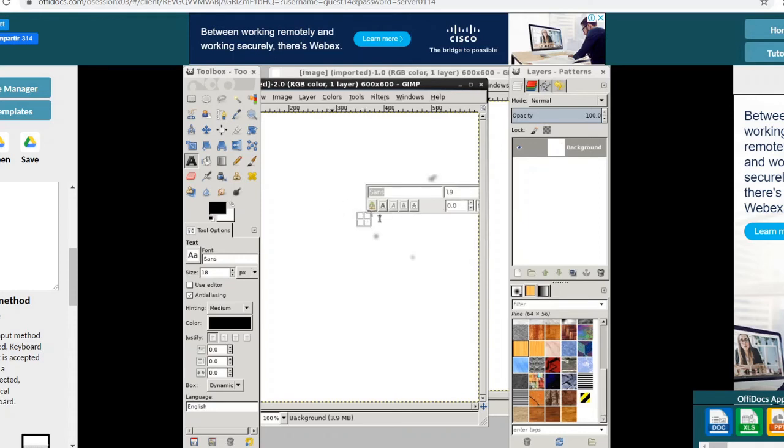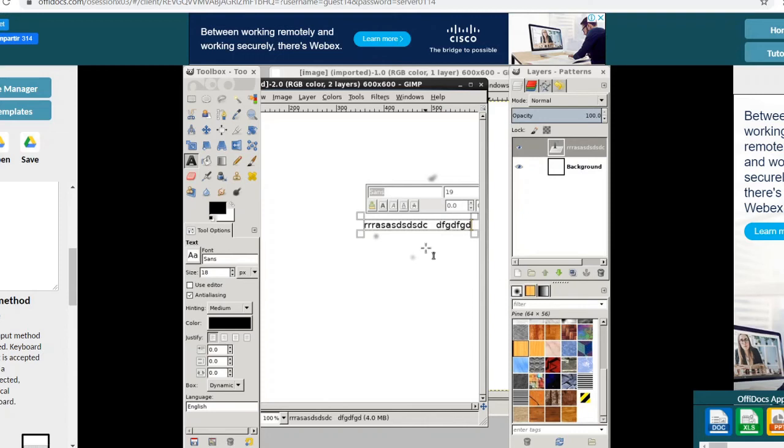Now if you want to type something here, you can type like this with the help of your keyboard, after making the settings related to font style and font size. Look at the image window.